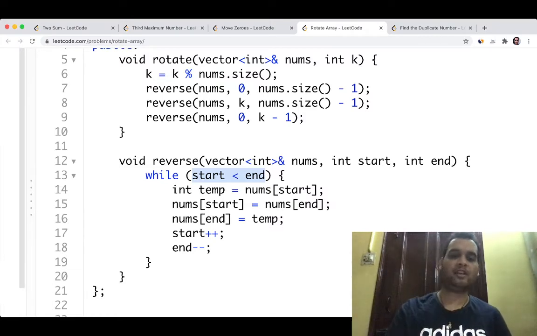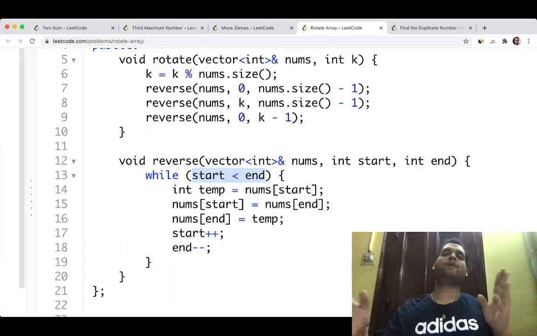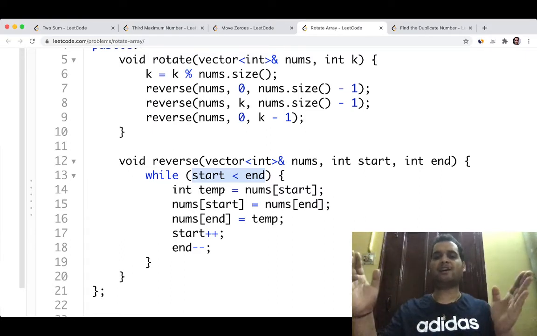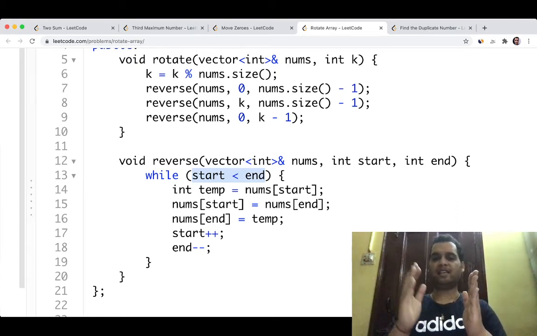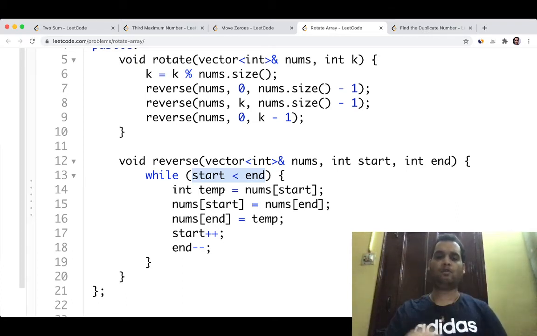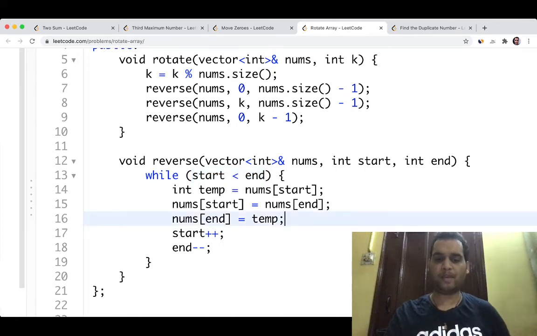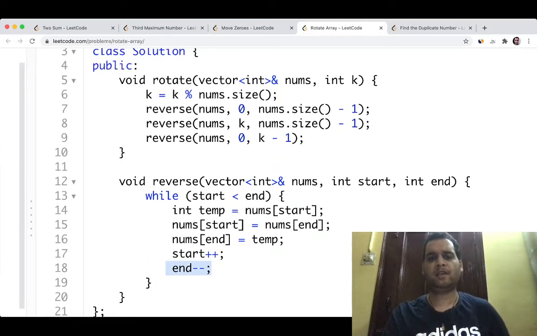So we keep on incrementing the start and decrementing the end and keep on swapping the extremes, like first and last element swap, then second element from start and second from last swap, then third, and so on. It's a very simple logic, so I don't need to explain it with an example.